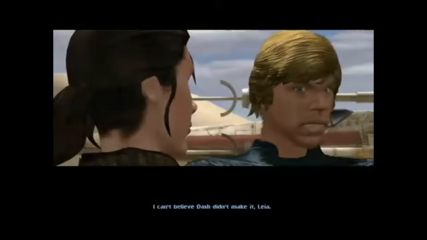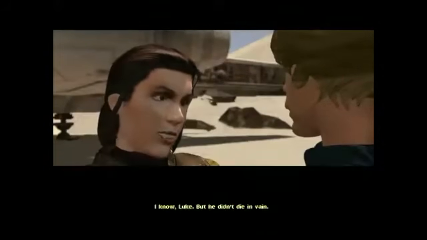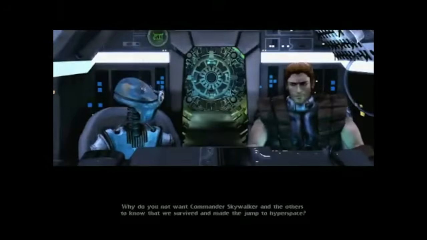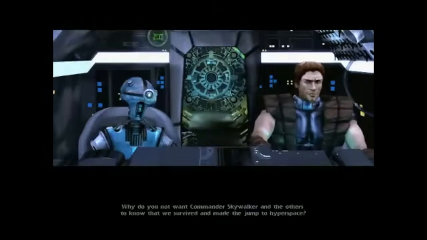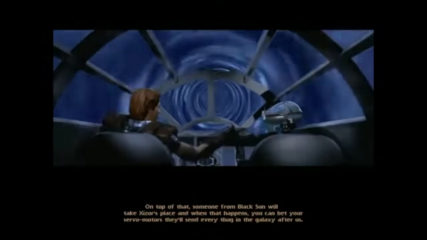Of course, it appears that Dash and the Outrider perish in the Skyhook's final destruction, but while Luke and the others mourn the loss of this brave ally, it's revealed that the Outrider jumped to hyperspace before the explosion. And Dash has no real intention of letting anybody know that he's still alive. Black Sun will not remain leaderless for long, and whoever takes Xizor's place will certainly be gunning for him, unless they believe he's dead. And besides, this way he gets all the benefits of being a martyr without that pesky dying thing. And with that, Shadows of the Empire the game concludes.